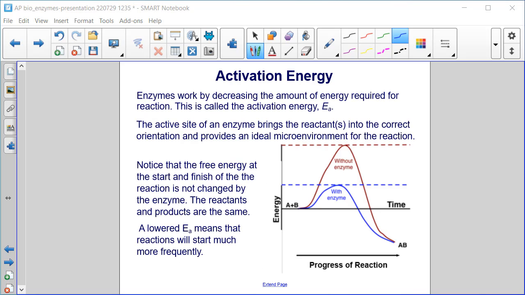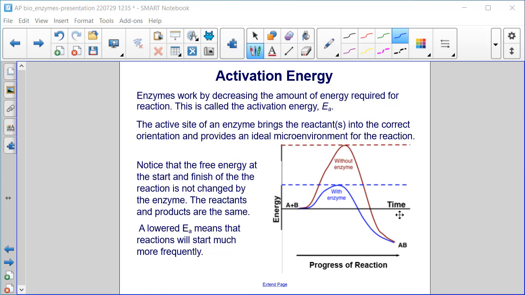Remember that enzymes work by decreasing the amount of energy required for a reaction. This is called the activation energy, and in our energy diagrams is often labeled E sub A. The active site of an enzyme brings the reactants into the correct orientation and provides an ideal microenvironment for the